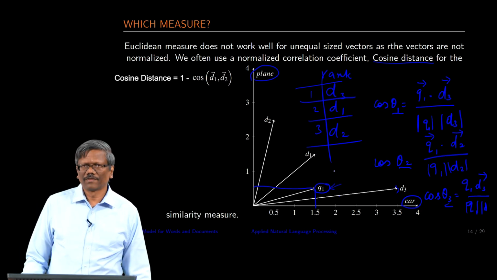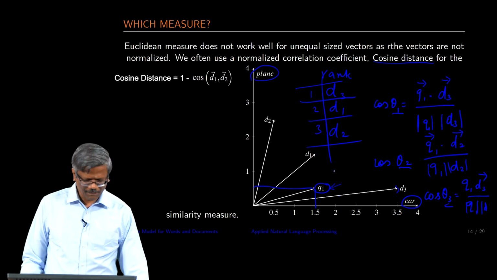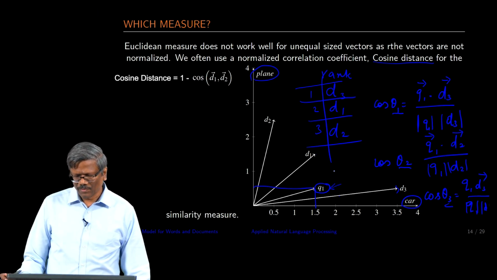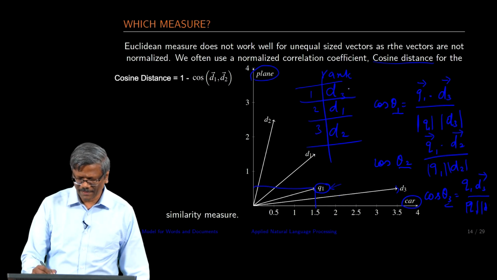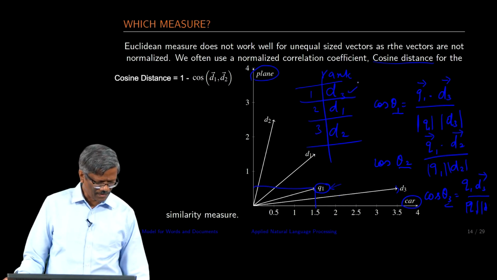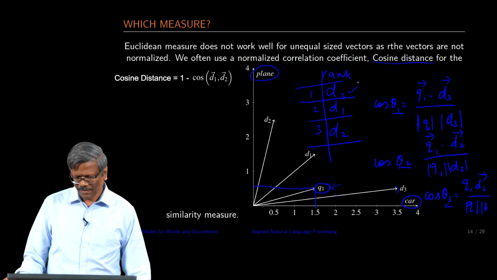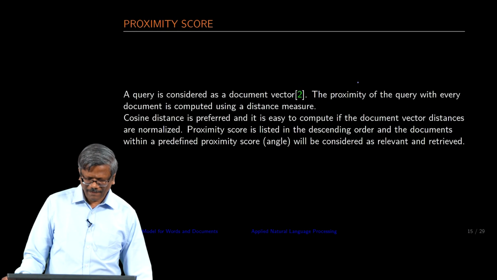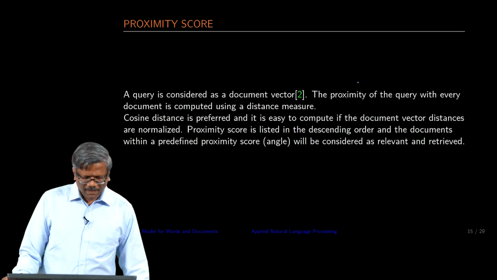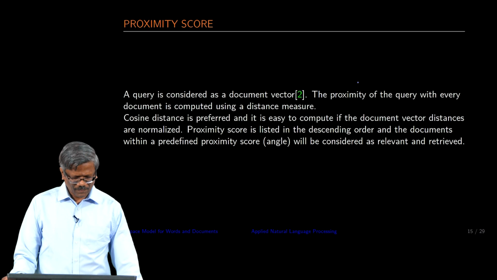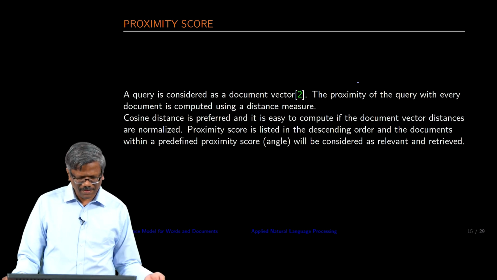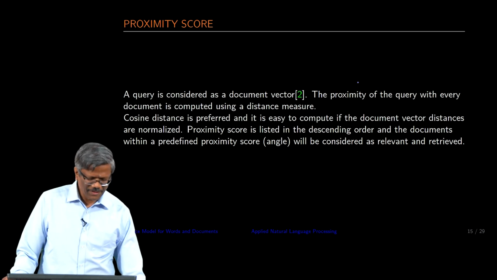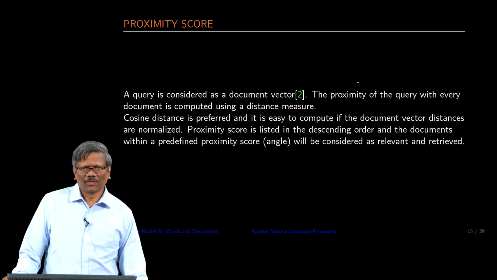similarity measure between documents and the query that you have just posed, and then using this you can rank the documents accordingly, and say okay, D3 is very close, let us take a look at document D3 first before looking at the other ones, if I do not get enough information in D3. As I mentioned earlier, cosine distance is preferred, and it is very easy to compute the score.